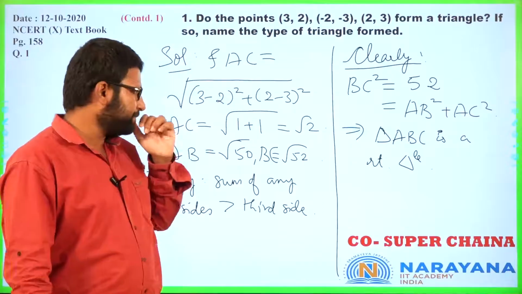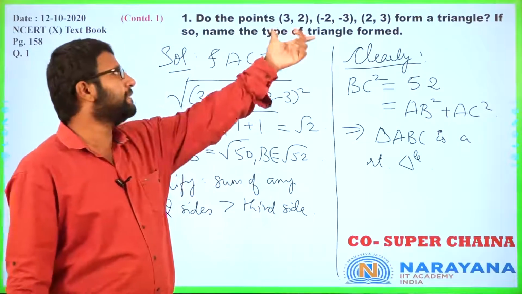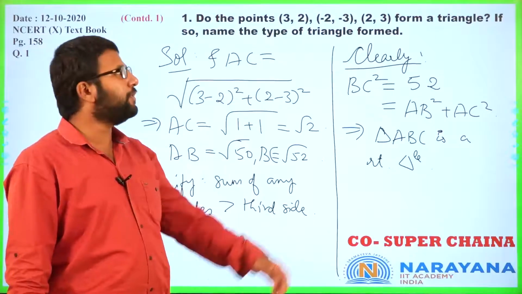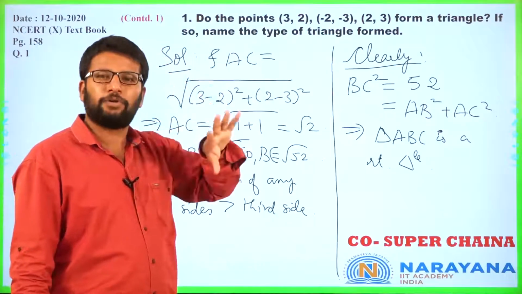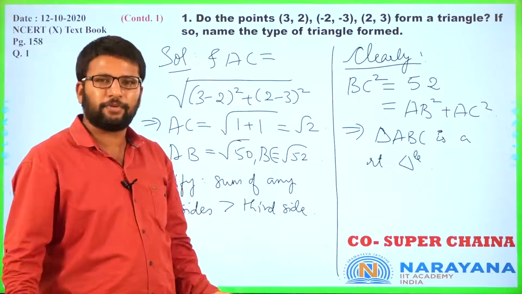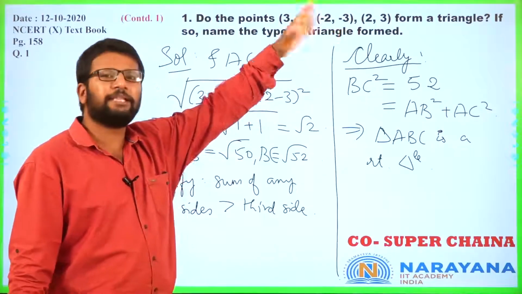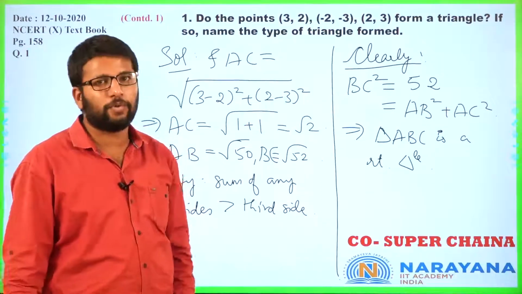Now, in general, when you go forward, when you're given 3 points and asked to find whether they form a triangle or not, it will be helpful for you to just try and plot them. Because just keep in mind that 3 points, if they're not collinear, they will form a triangle. There's another way to put it, no? If these 3 points do not fall in a straight line, then they will form a triangle. So you just have to plot them and verify. That is another way to go about it, right?